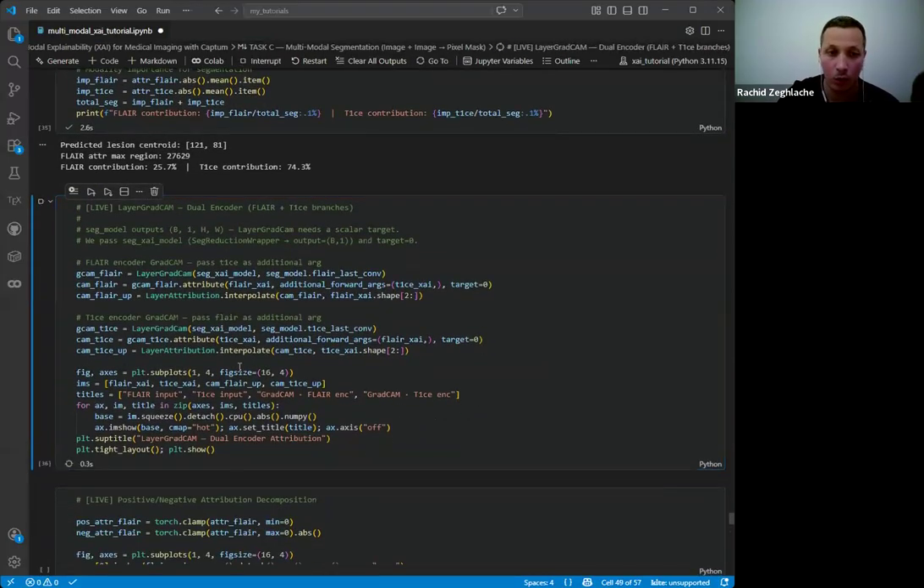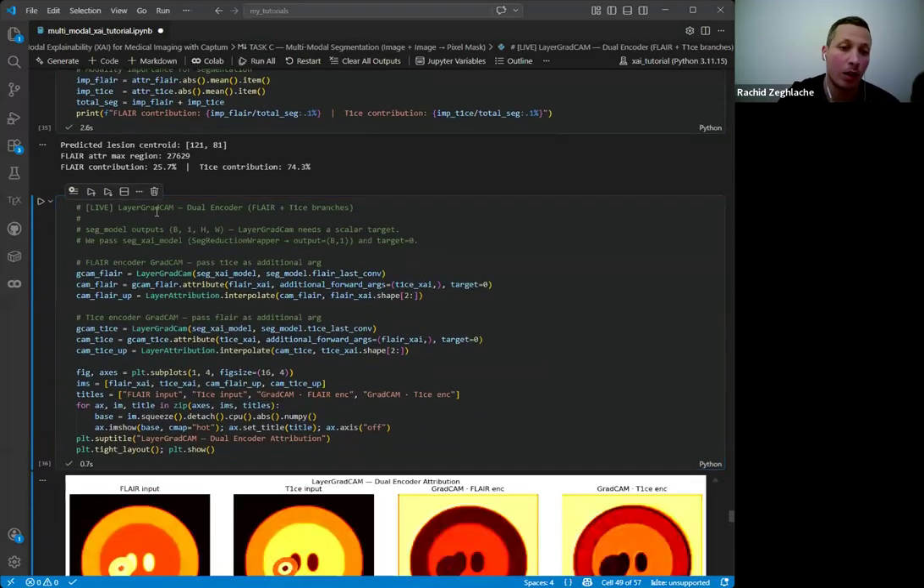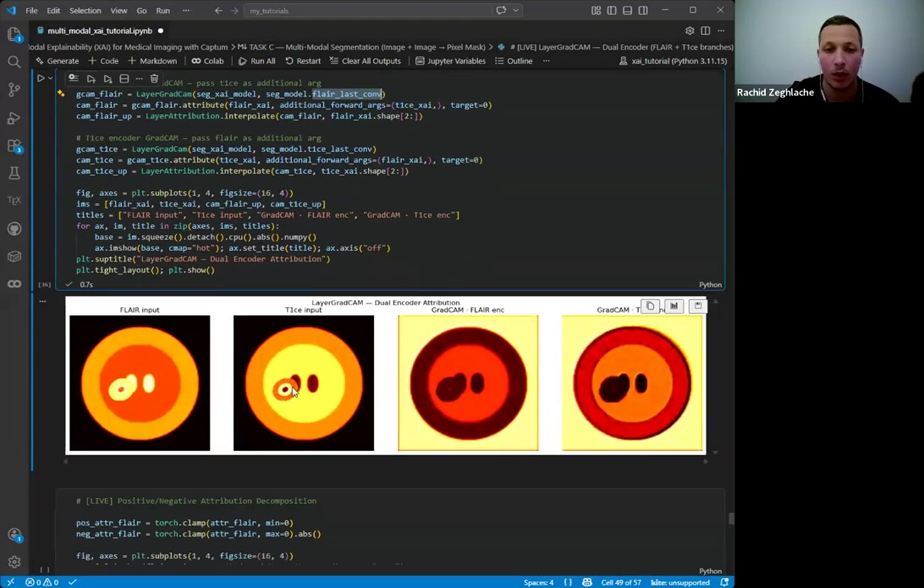We can also do layer GradCAM and choose a specific layer. In this case, we just choose the last convolution layer. And as you can see, we have GradCAM for both FLAIR and T1. And as I mentioned, for example, the first example for task 1,